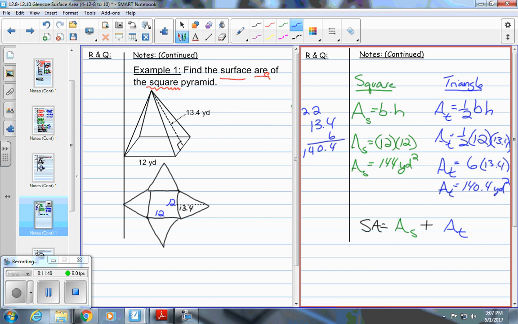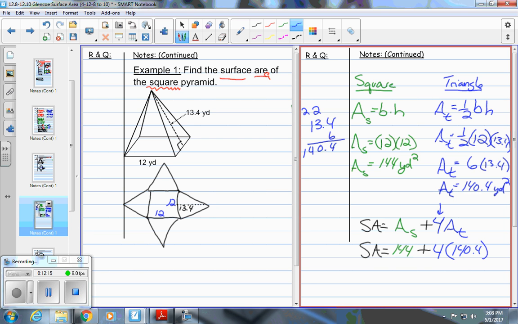Yeah, you're right, there's 4 of them. So we should put a coefficient in front. We should multiply this area of the triangle by 4. So now the surface area, we're just going to substitute in. We have the surface area of the square is 144 plus we have our 4 times the area of the triangle,